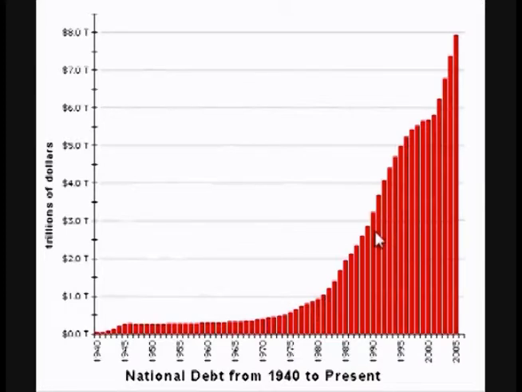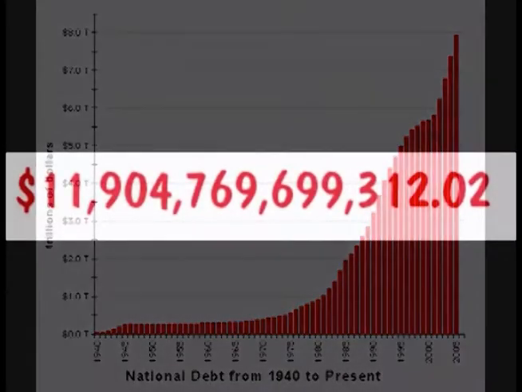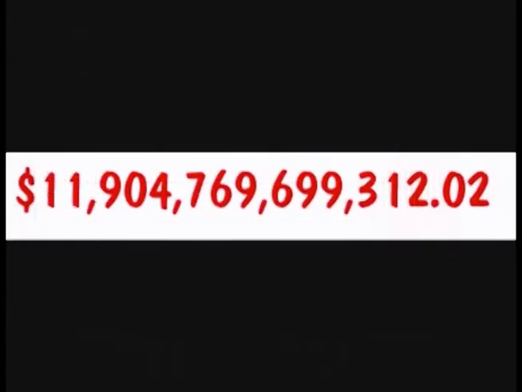3 years later, we racked up another trillion, bringing it up to 3 trillion. 2 years later, another trillion, bringing it up to 4 trillion. Notice that the amount of time keeps getting smaller each time we add $1 trillion. Any guess what the debt is at now? At the time of recording this, November 3rd, 2009, the national debt is now